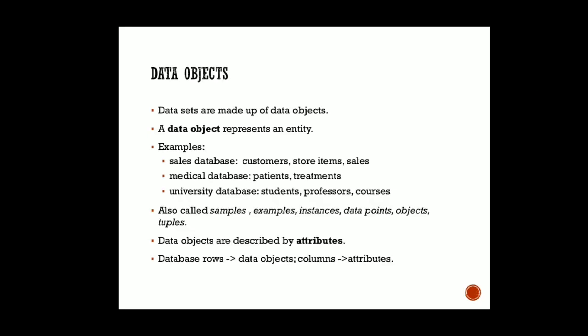So now if we have to define these data objects, we know data sets are made up of data objects only, and a data object represents an entity, right? So data sets are what? A collection of different data objects, and each data object can represent an entity. Entity means a thing which is being represented using different attributes. So that becomes a data object, and whenever more than one data object comes into the scenario, the total becomes a data set.